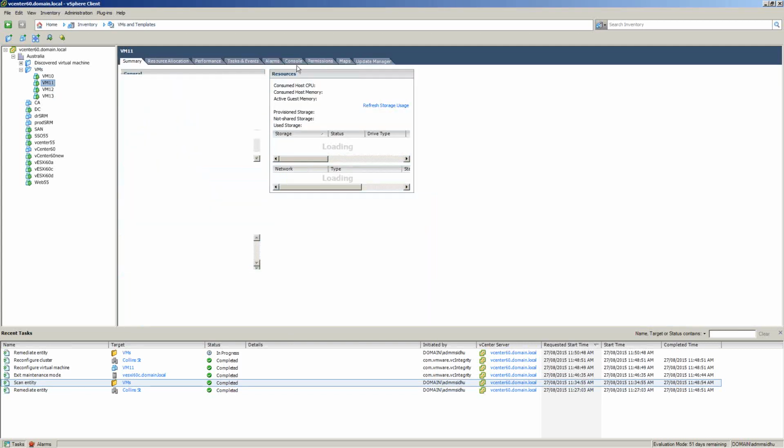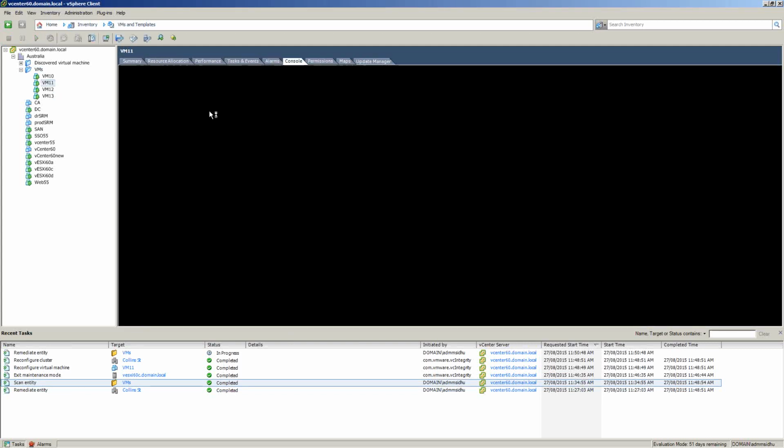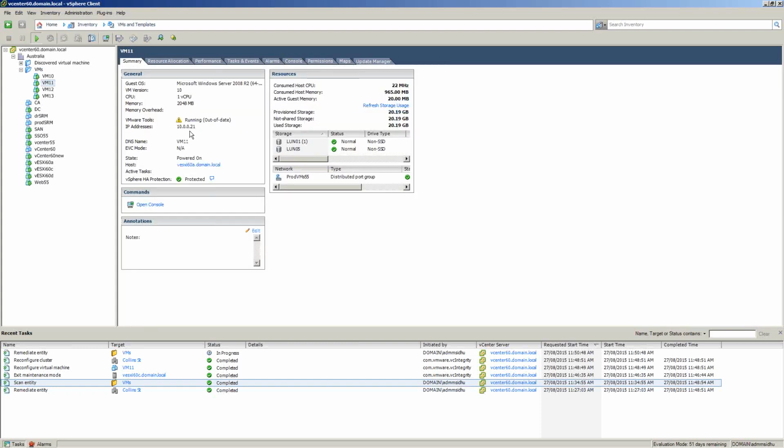So if we watch VM11, it's running. As you can see, the VMware tools are running. They're out of date. The VMware version is 10. It's going to move it up to 11, and it's going to bump up the VMware tools up to the latest version too. This is going to stay up to date, as it says here, running or current. That's what it's going to say, running and current.